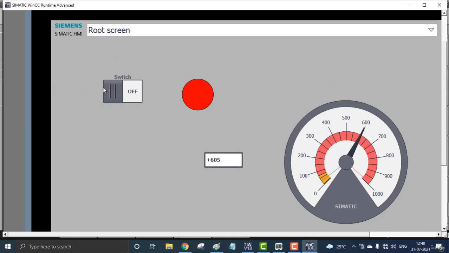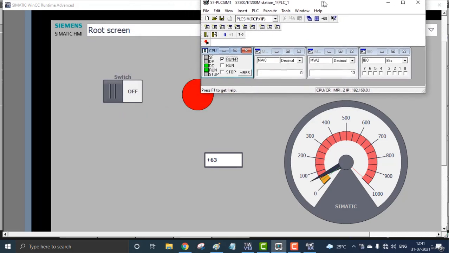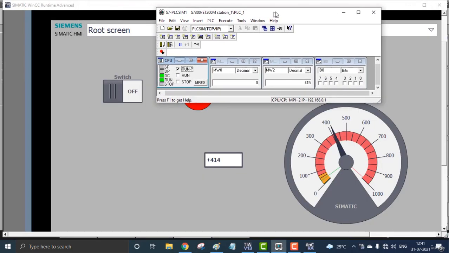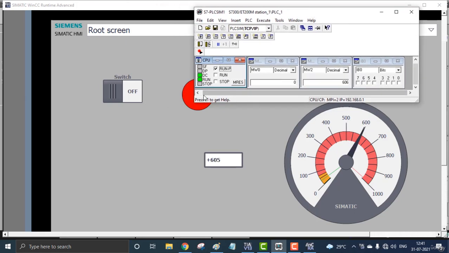And if you turn on the input right here, see, that will turn green. That means the input M0 is controlling the output Q0. If you want to see these things in the split screen, I am using the simulation also right here. And you can see the values right here. See, 700, 700. The same values are acquired by the HMI or the SCADA.